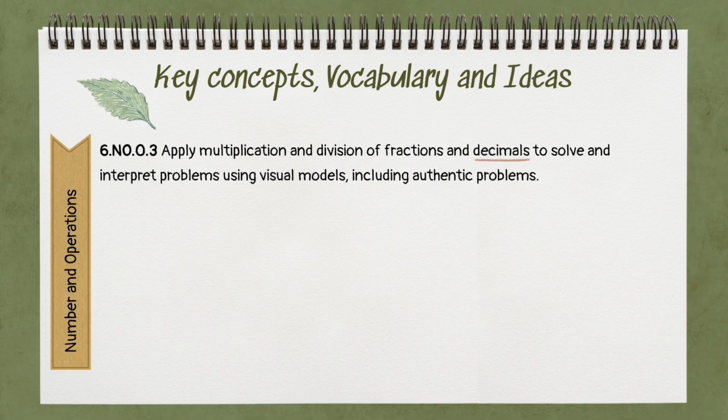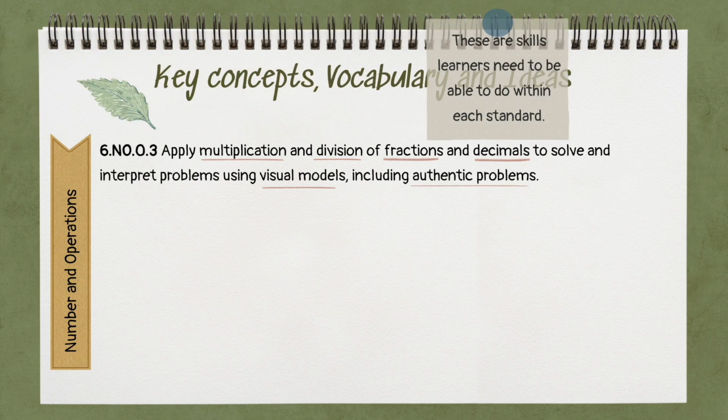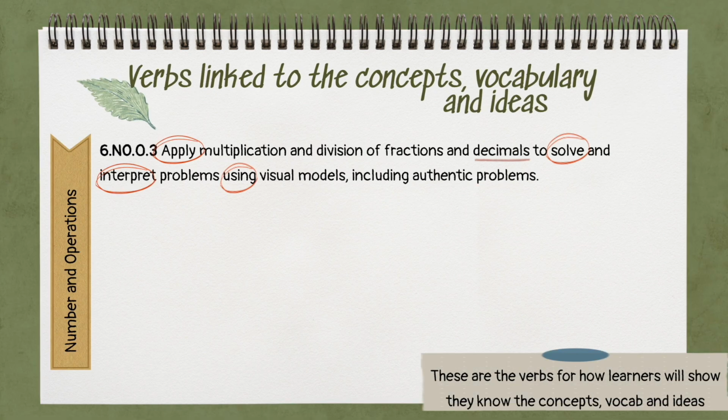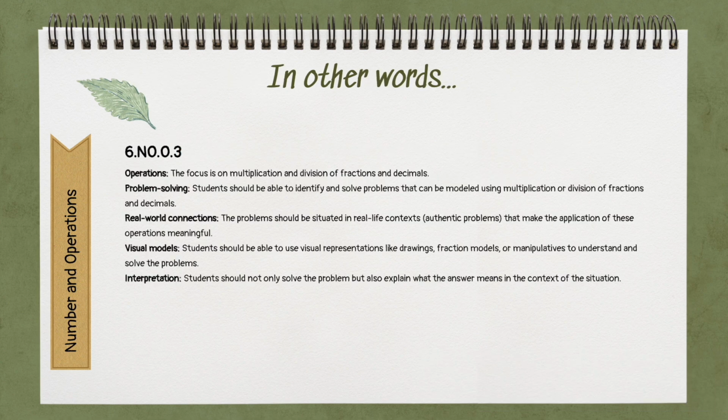Here is another standard that's in number and operations, except this particular standard is the subcategory operation. Apply multiplication and division of fractions and decimals to solve and interpret problems using visual models, including authentic problems. So the first thing I'm doing is underlining any of those key concepts, vocabulary, and ideas. These are things that students need to be able to do within each standard. And then the verbs I circled. How are they going to show that they can complete the concept, vocab, and ideas? And then in other words,